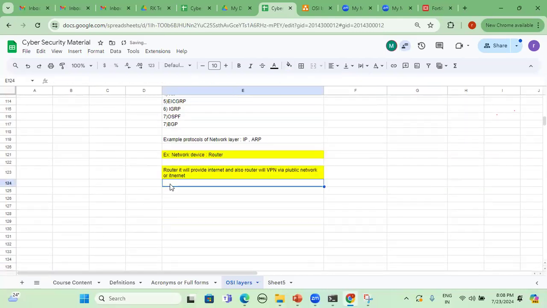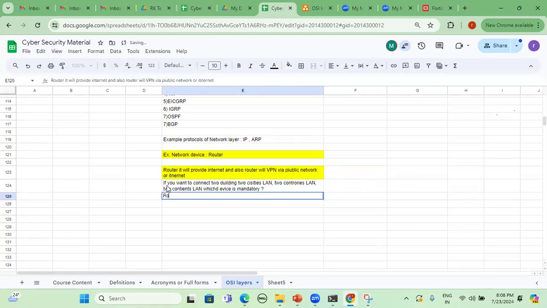Third note, if you want to connect two buildings, two cities LAN, two countries LAN, two continents LAN, which device is mandatory? What is the answer? Router. Exactly, router.